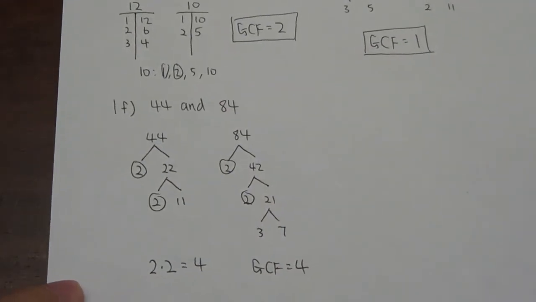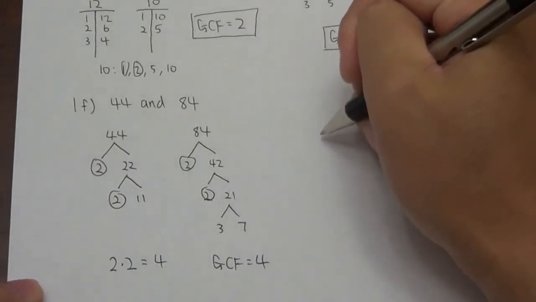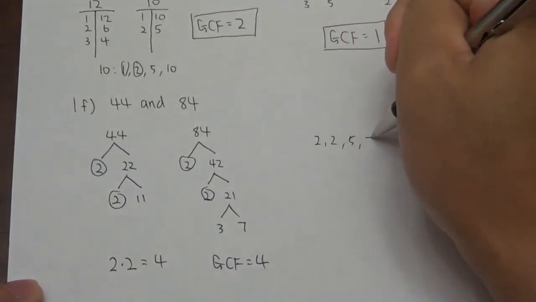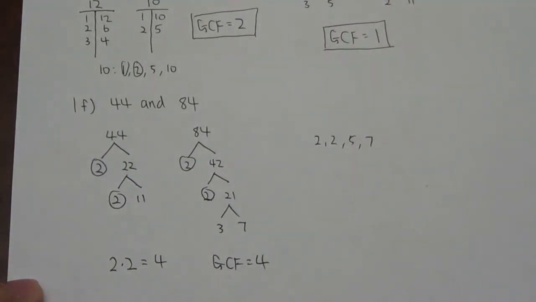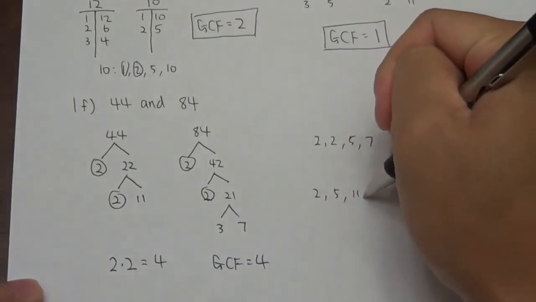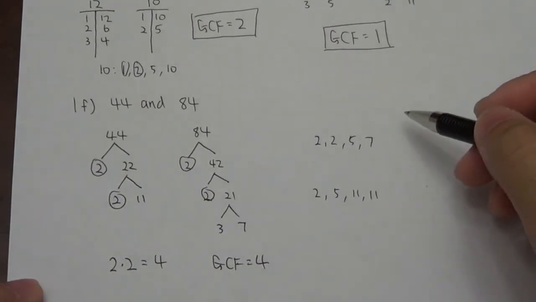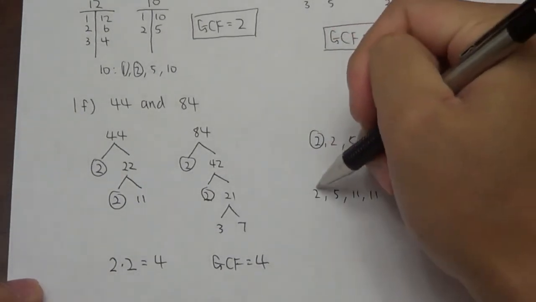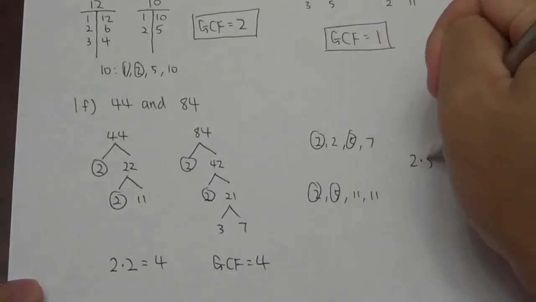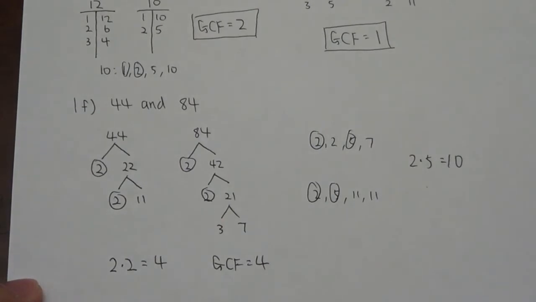Okay, so for example, I'm not going to work out a whole new problem, but let's say one number has 2, 2, 5, 7 as its prime factors, and another number has 2, 5, 11, 11. Again, I'm just making this up. The common ones they have are 2 and 5, so you would multiply 2 times 5 equals 10,